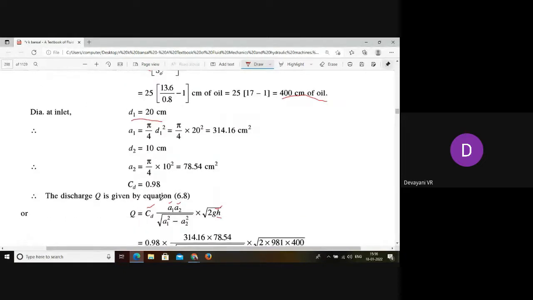Now we have all the values. The value of CD, the value of A1, A2, and the value of H also. And we know the value for G, that is 9.8. So now we can substitute all the values, and you can see the value of G is 981, and this value is in terms of centimeter per second square, isn't it? 9.81 is meter per second square and 981 is centimeter per second square. So if you want to substitute all the values in terms of centimeters, then take the G value as